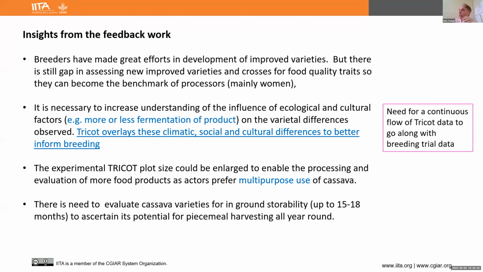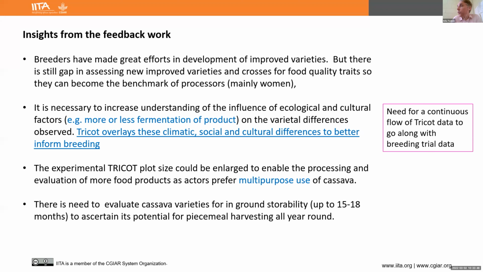And then it's necessary to increase understanding of the influence of ecological and cultural factors. So we really need to know how the external validity of the breeding trials is related to real on-farm trials, and to include a lot of those factors.